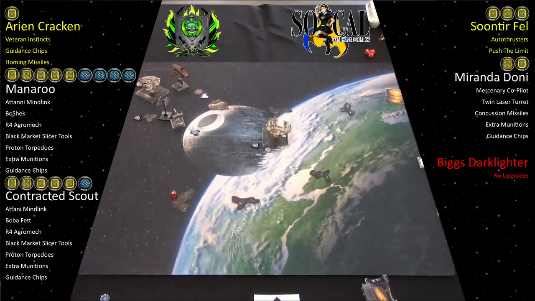Oh, no, she won't get a focus token back, because Kraken doesn't have Mind Link. Oh, she could with the action, yes. Yeah. Unless you took the action this round, right? That's the only thing, you can't take the action this round. You can't do the same action again. All right, so